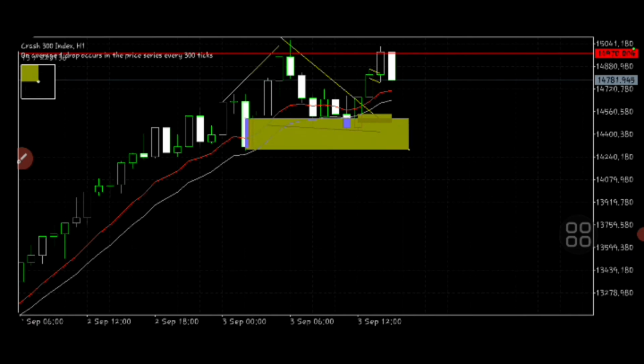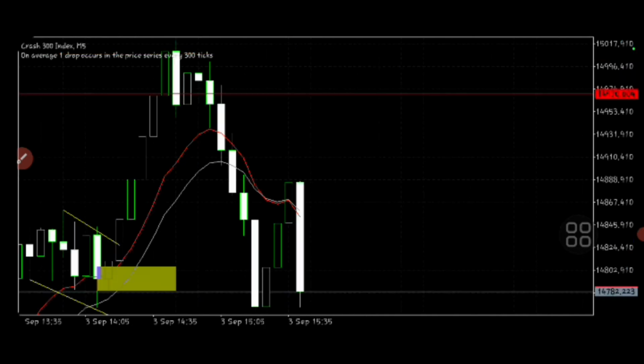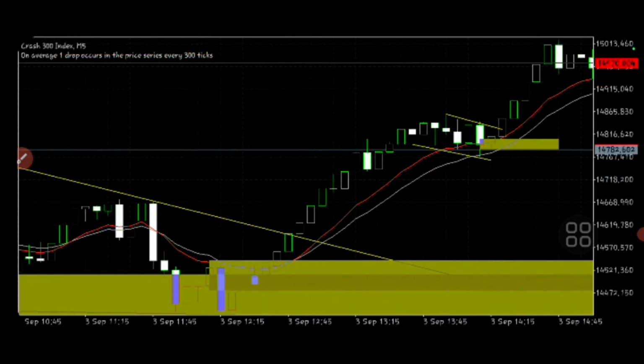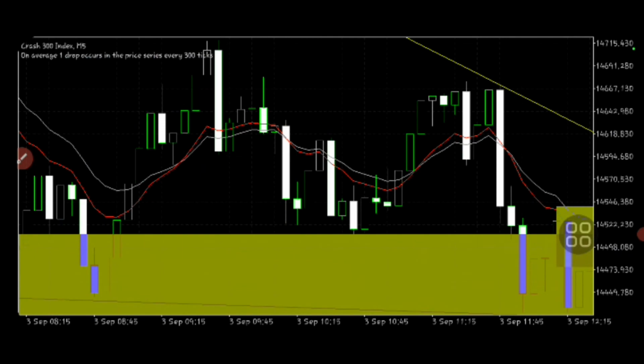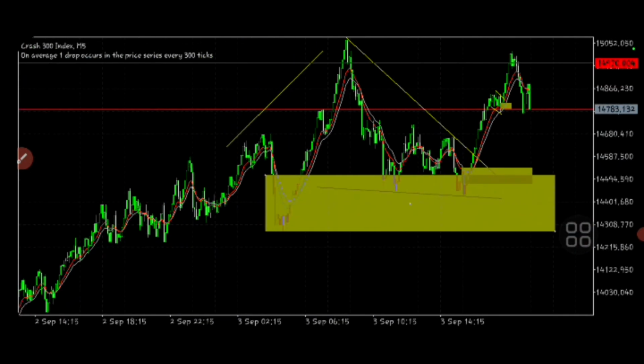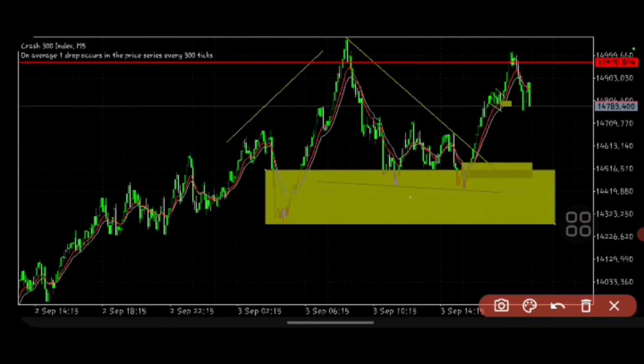Now I was waiting for price to break our trend lines on the higher time frame. So like I've already explained, we have our first touch here. This was the second touch. On the downside, we have our first touch. This was the second touch, and I was expecting the third touch to break, and it did break. So I took my first entry right here, and as price progressed upward,